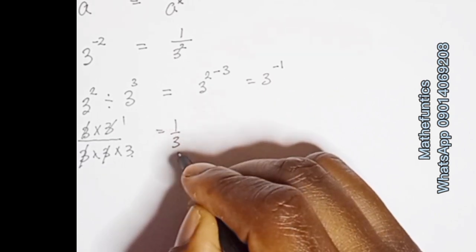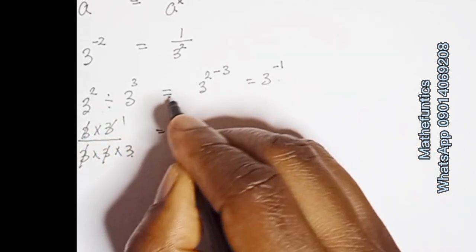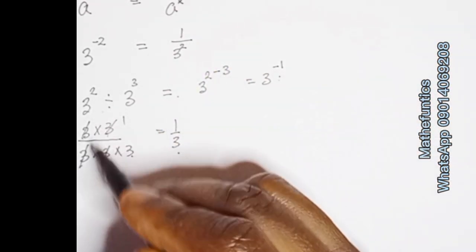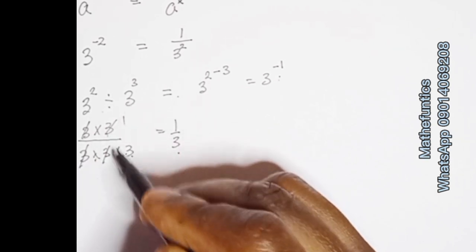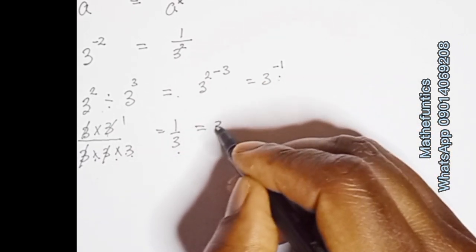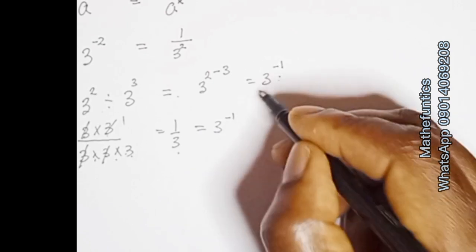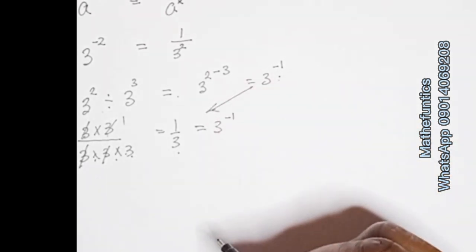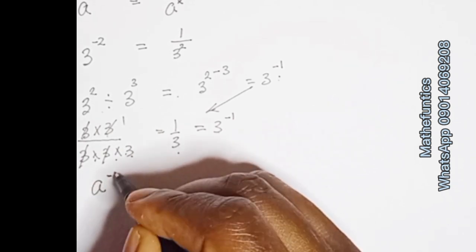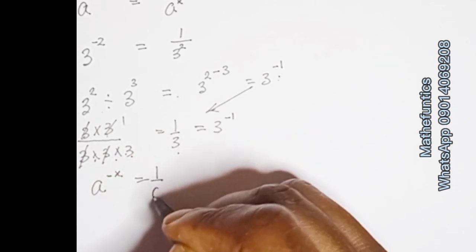So this 1 over 3 is also giving me, from the second rule which we have already proved, it is equal to this, and from our normal knowledge of division it is also this. That means this is equal to this. So I can say this and this are equal. So that implies that if I have anything raised to a negative power, I will have this, like I have